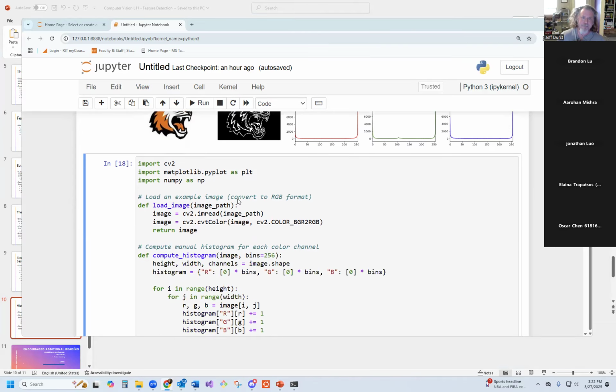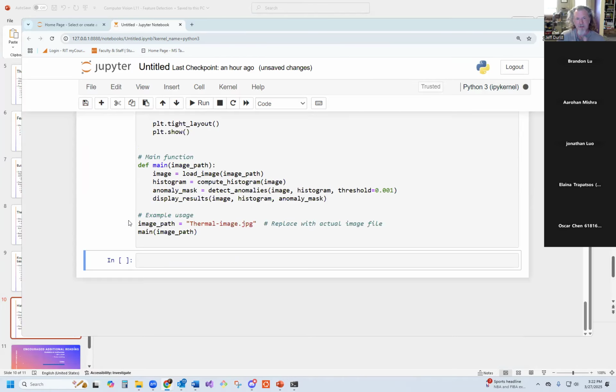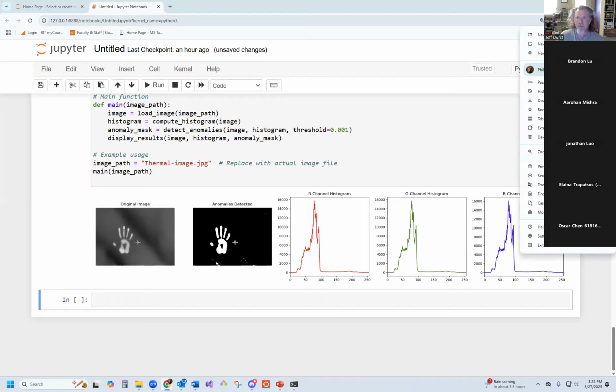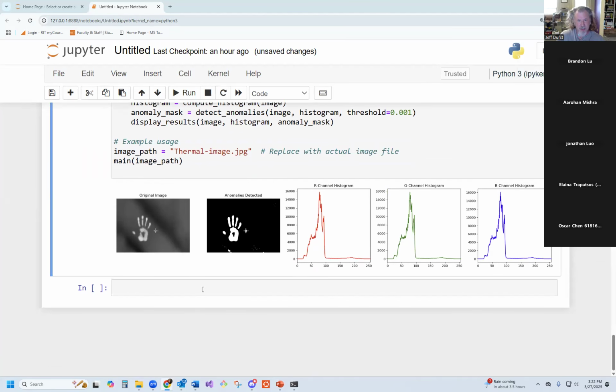When we take this and now look at the thermal image, so if we want to just look at, say, a handprint, now what we see is a little bit more again. Yeah, so in this case, it has found that handprint. This is an IR image of just a handprint on some glass, and we want to go in and find anomalies. In this case, it was able to find it quite easily,